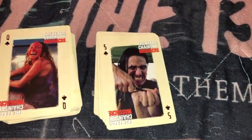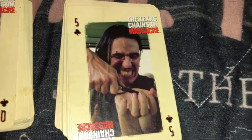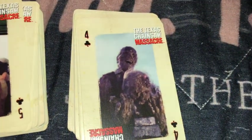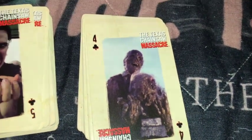But there's the hitchhiker again. That was a great scene. That sets the tone for crazy. And that there sets the tone for the beginning of the movie, when you see the corpse just melting in the Texas heat,